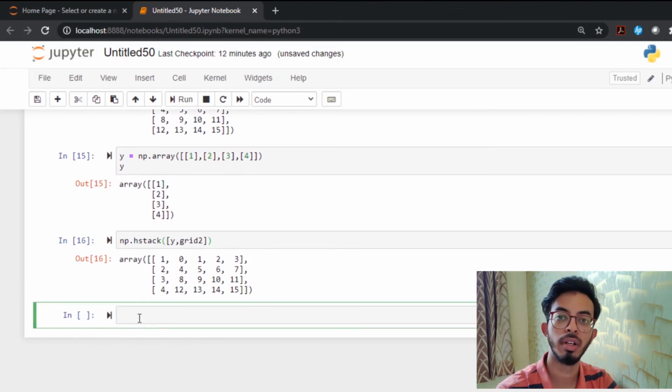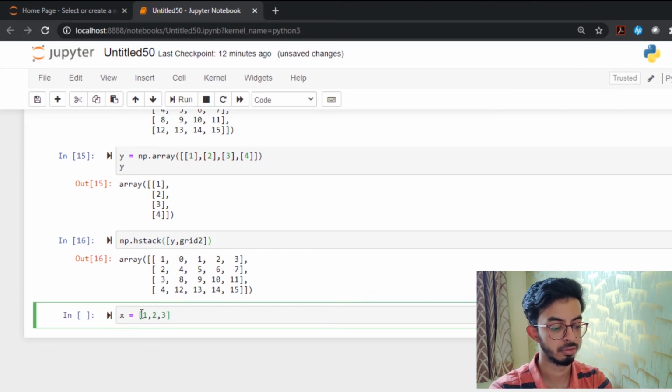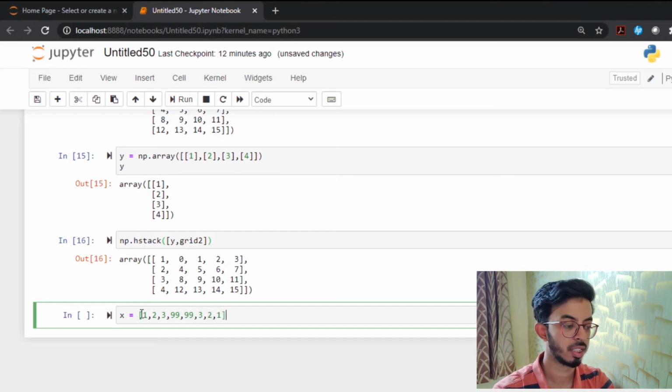Now we'll look at how splitting is done. A simple example of splitting would be 1 2 3 and 99, then 99, 3 2 1. Let's just take that example.